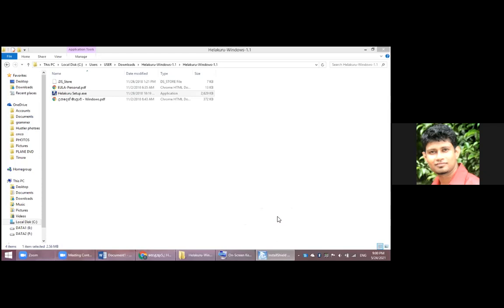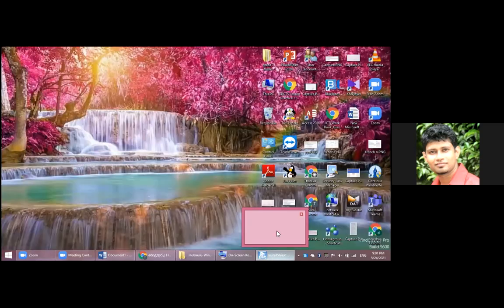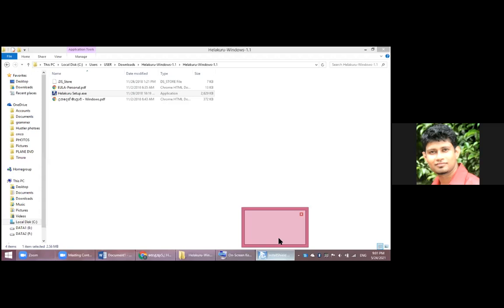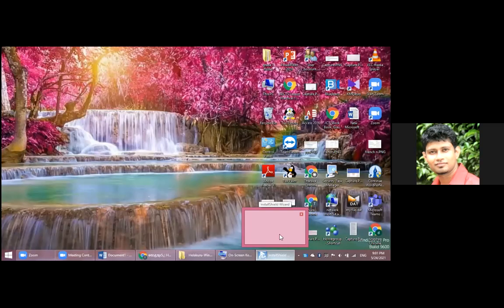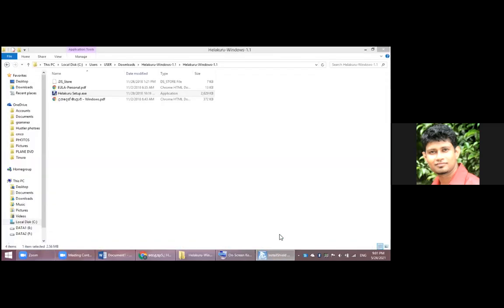Don't close until you finish the installation, right? Have you closed this or what has happened? No, sir. Okay, just click the install shield wizard. So why are you frequently moving between the windows? It's basically very difficult for me to instruct when you are frequently moving between the windows, because I don't know what has happened. By now it should be installed.